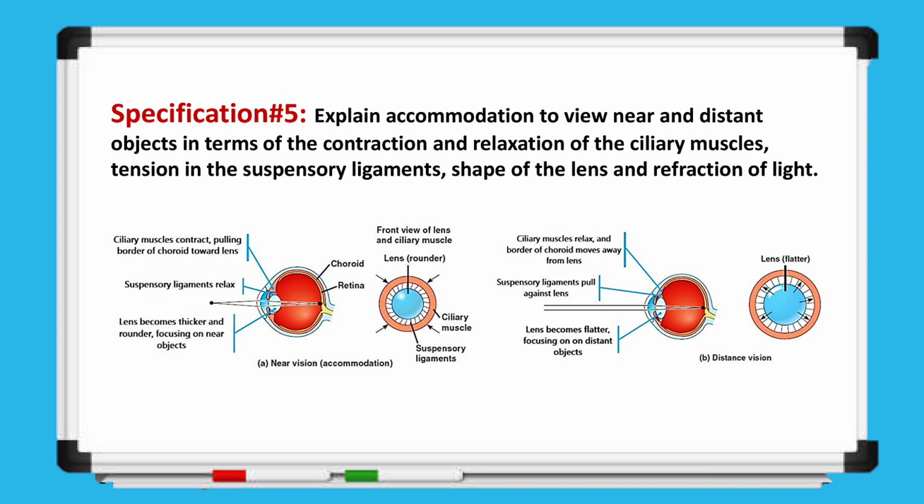For near vision, the ciliary muscles contract, suspensory ligaments relax, and the lens becomes thicker and rounder, focusing light from close objects onto the retina. For distant vision, the ciliary muscles relax, suspensory ligaments tighten, and the lens flattens, allowing light from far objects to focus properly. In short, accommodation changes the lens shape through muscle and ligament adjustments to ensure clear vision at all